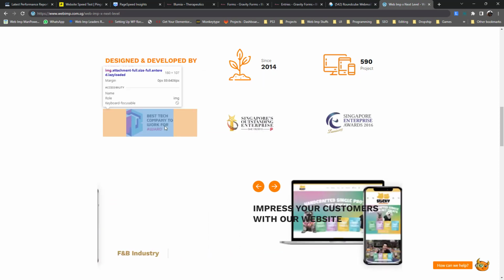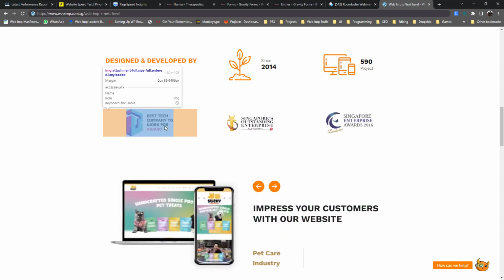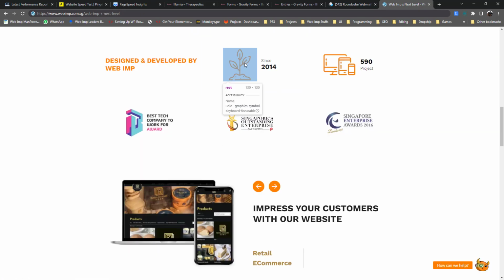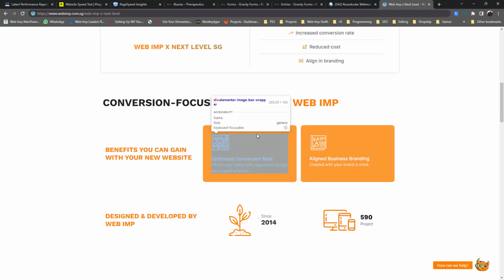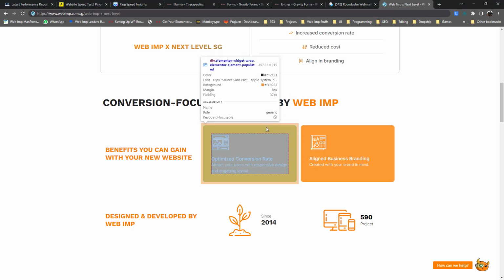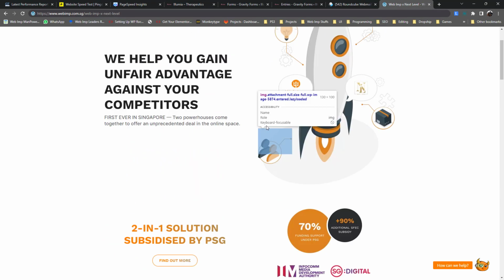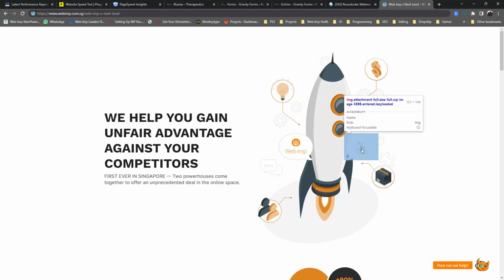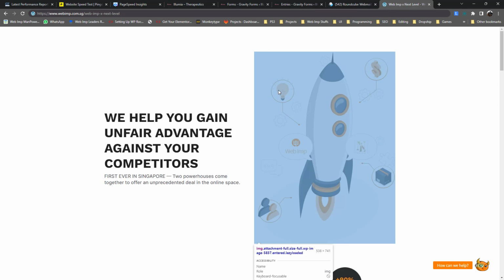And if you want to check how big the image is actually rendered, just hover until it's just the image that is highlighted in blue. Same with everything else. You want to know the container of this one, just hover over it, right? You want to know the container of this one, you just hover over it, and then you could see the size of that element. That's the container size,